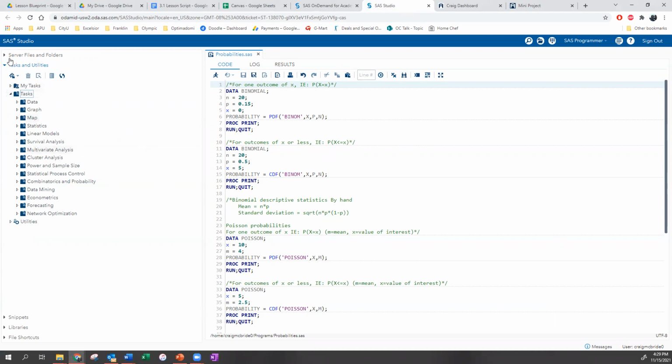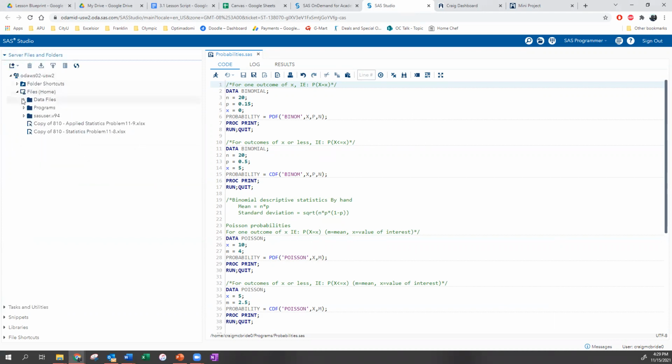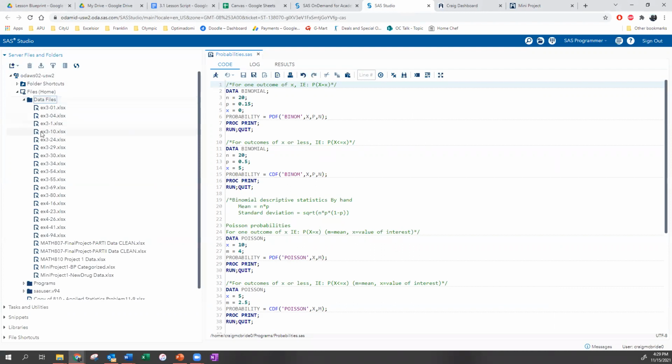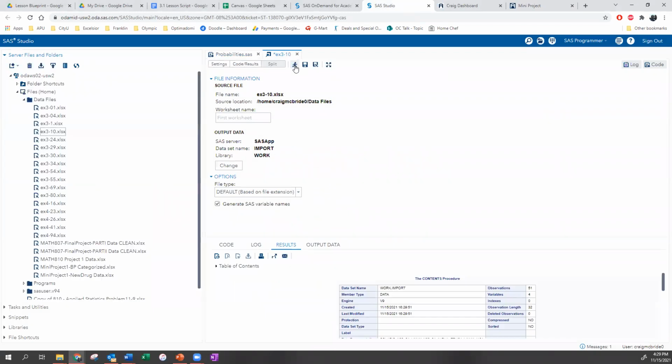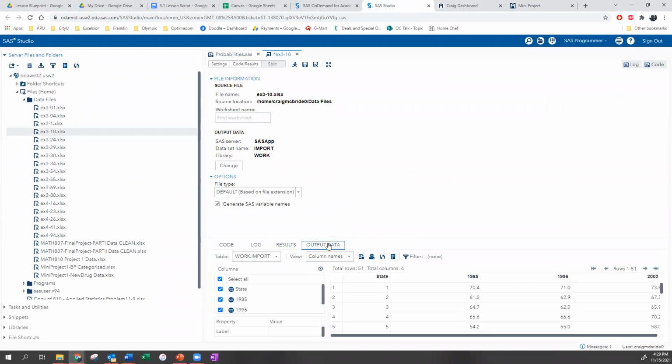So for instance, let me just do this. Okay, so data files, let's just load this really quick. Yeah, that's some decent data.